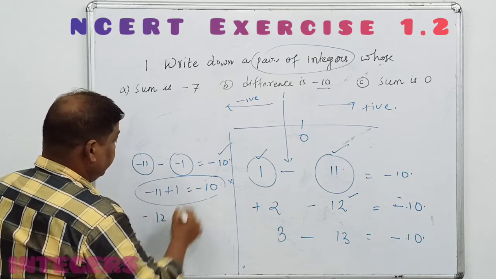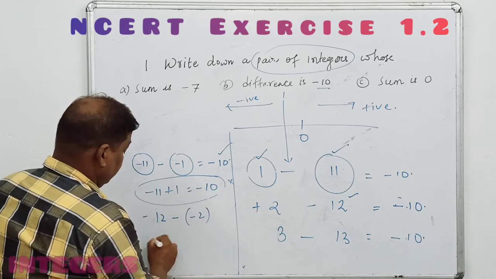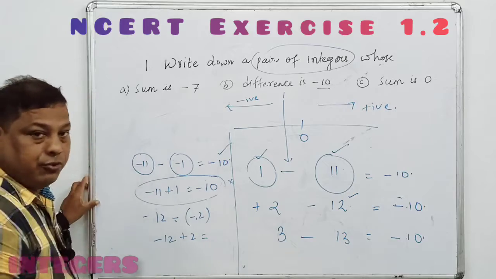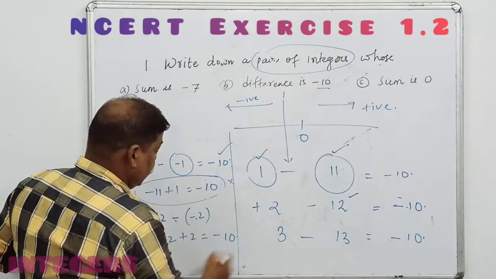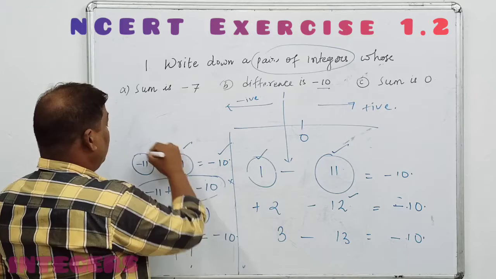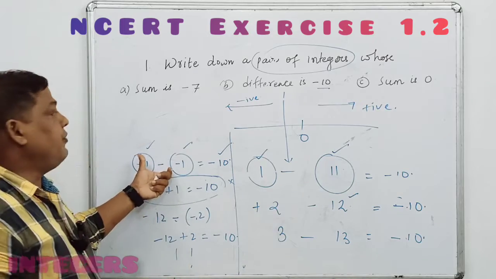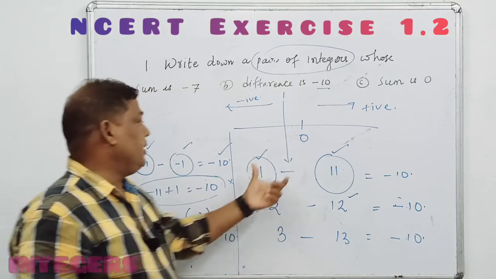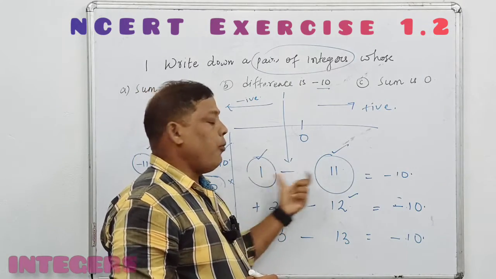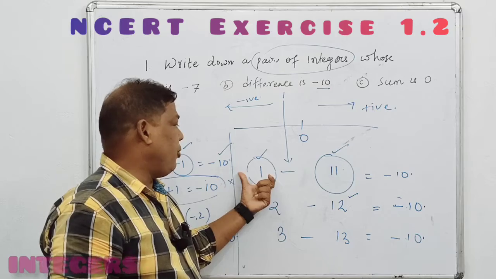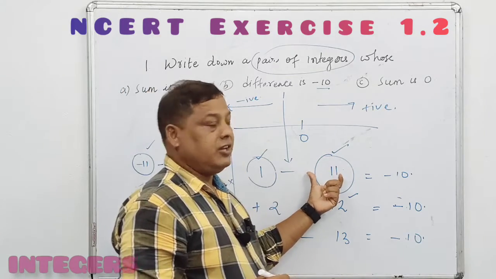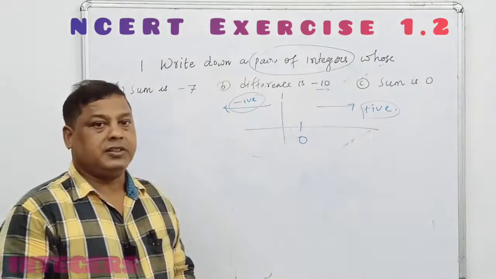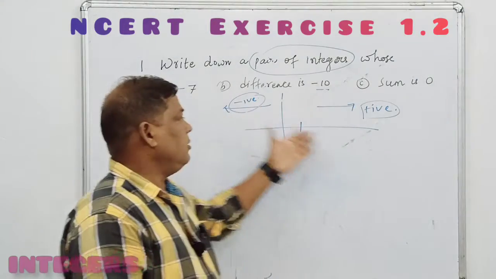सो सिमिलरली यहाँ में -12 माइनस यहाँ में -2, सो -12 माइनस माइनस +2, -12 +2 दैट इज -10। तो इस प्रकार जो है दो नेगेटिव इंटीजर्स लेके डिफरेंस करेंगे, उनका रिजल्ट जो है -10 यहाँ में प्राप्त हो रहा है। सो सिमिलरली यहाँ में है फर्स्ट केस में दो पॉजिटिव इंटीजर है, यहाँ पे 1 है पॉजिटिव इंटीजर, यहाँ पे 11 है पॉजिटिव इंटीजर, दोनों पॉजिटिव इंटीजर का बीच में डिफरेंस करेंगे यहाँ पर -10। अब इसी थर्ड केस 1 नेगेटिव इंटीजर 1